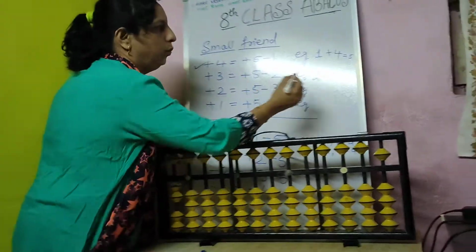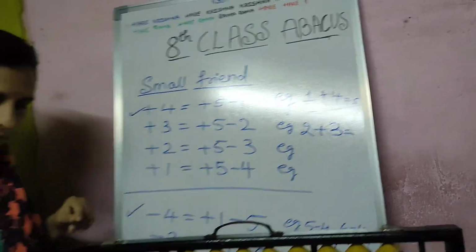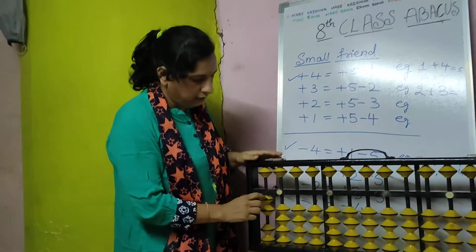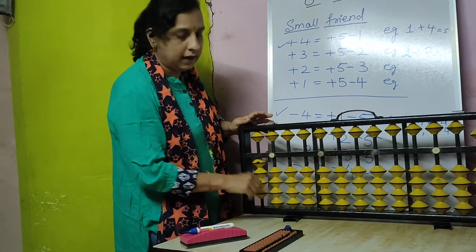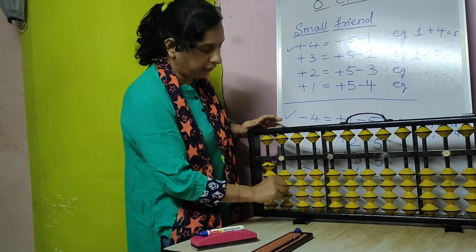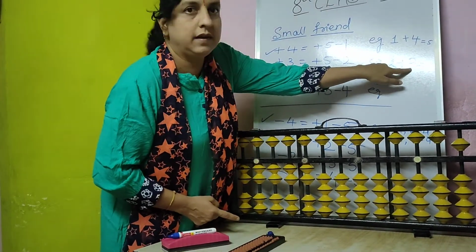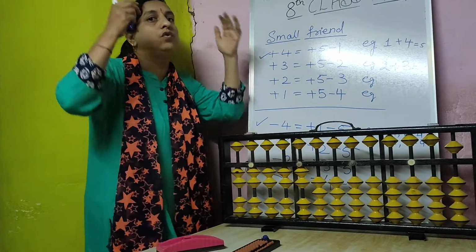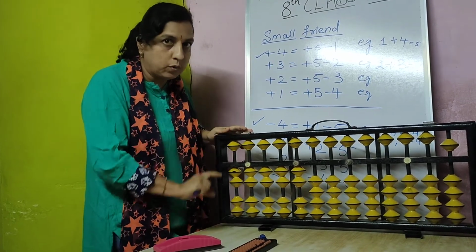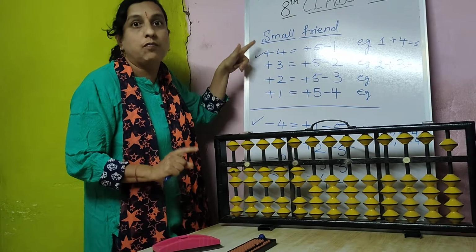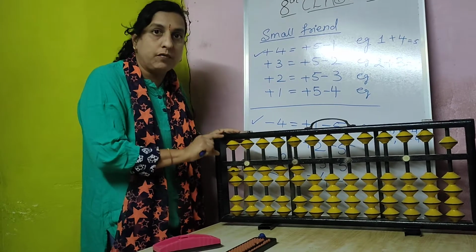This example I will take: 2 plus 3. 3 I am going to do. When there is 2, the problem comes here in this case. When there is 0, I can do 3 directly. When there is 1, I can do 3 directly. But when there is 2, I cannot. If 2 is there, I cannot do one more 3 directly. I did 2, then 3 I cannot do directly. Directly I cannot do means what I should do? I am in problem. I should remember 3's friend is minus 2. So my hand movement is from up to down. This you remember: for all plus small friends you have learned, your hand movement should be from up to down.